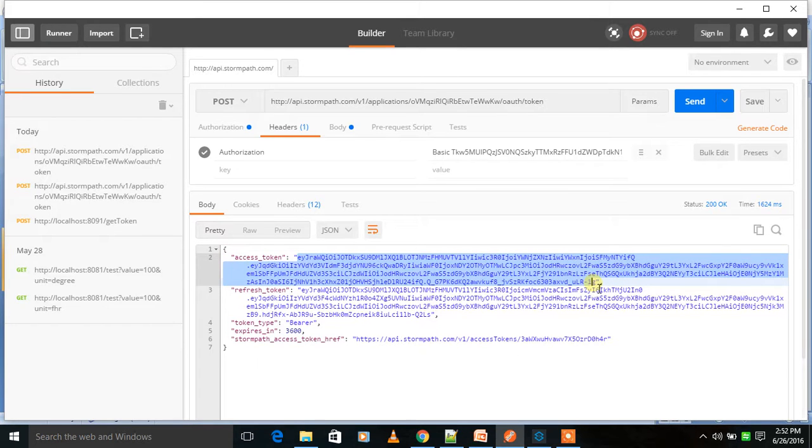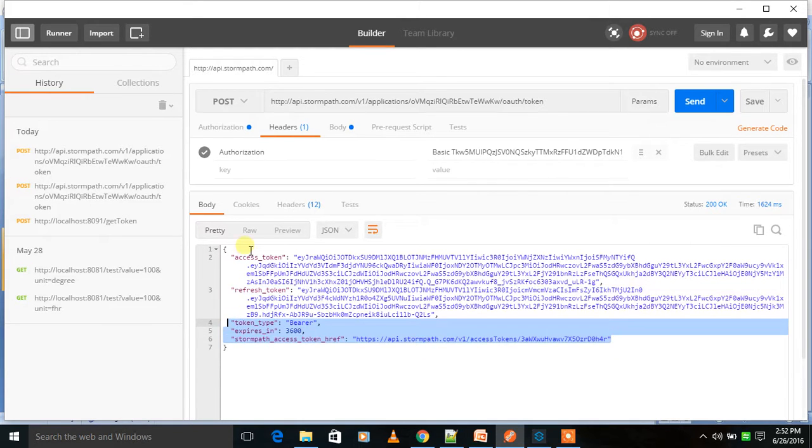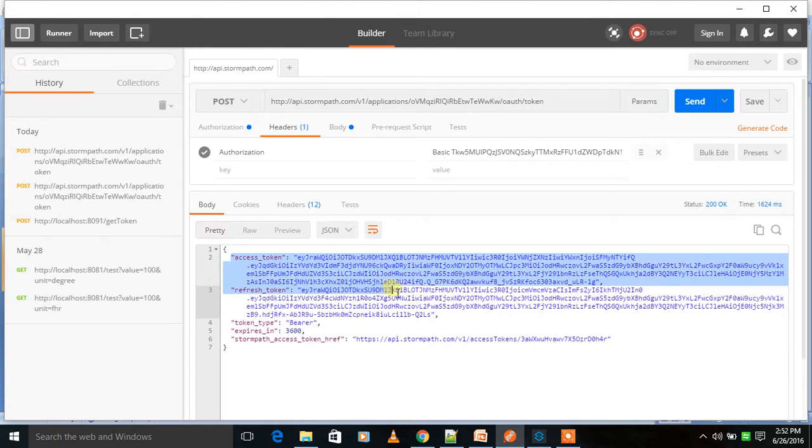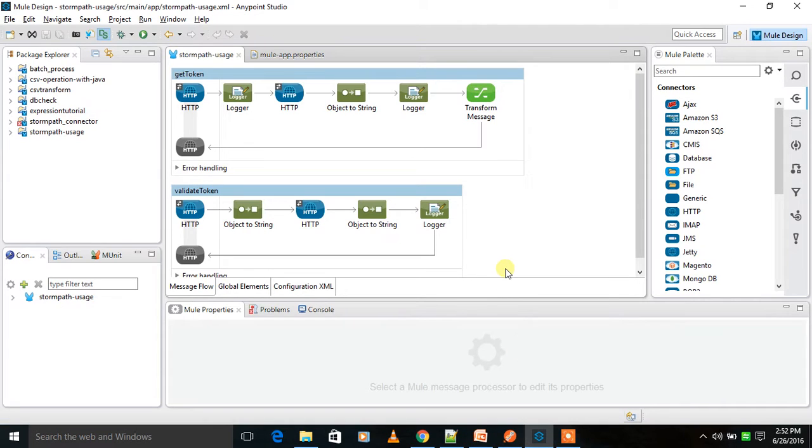There are other tokens also, refresh tokens and all those things, but you can just use a Mule flow to get this access token and work on it. So in Mule it's very powerful, very useful.